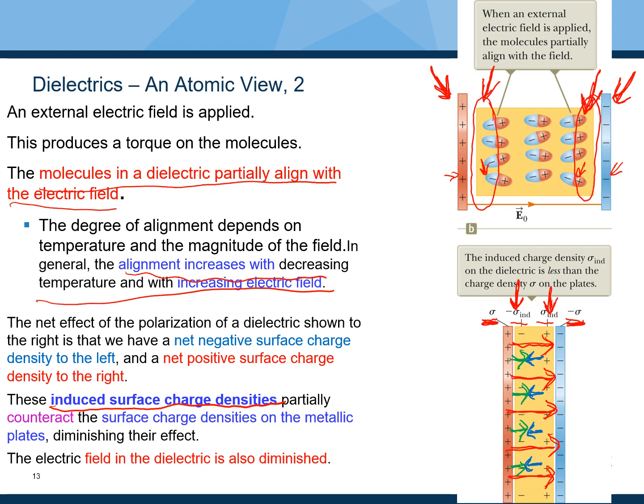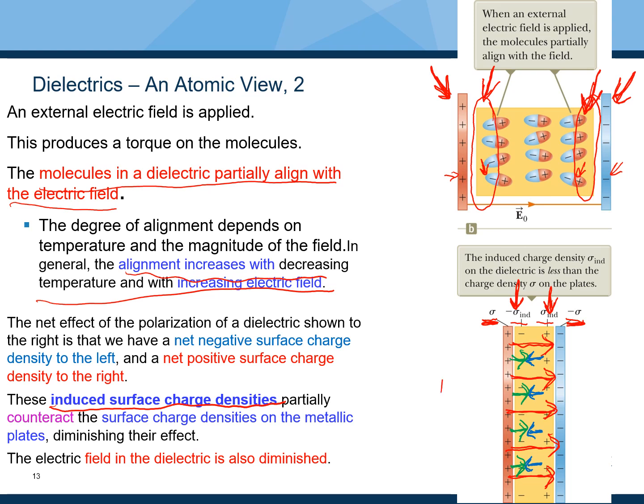But what is the upshot? The upshot is that the green electric field that is produced in this configuration with the dielectric present between the conductors is indeed smaller than the original red electric field that was present before we stuck the dielectric slab between the plates of the conductor. And that is the important insight that I want you all to have, namely that the net electric field obtained after